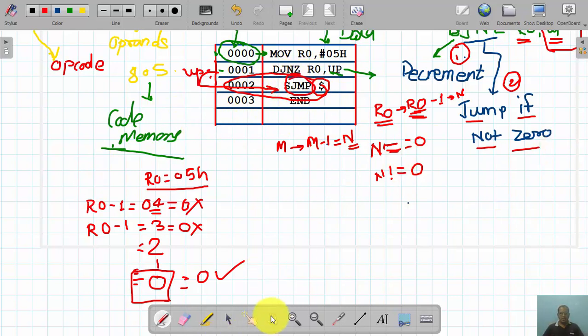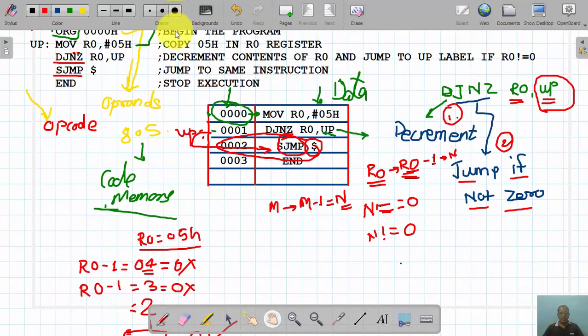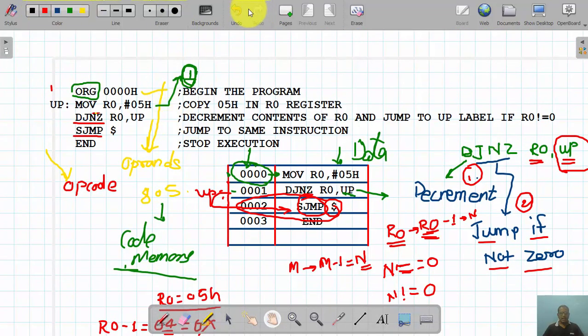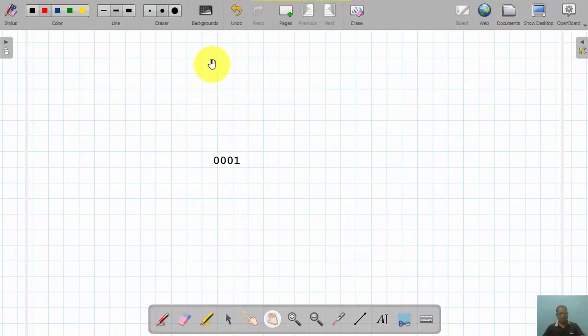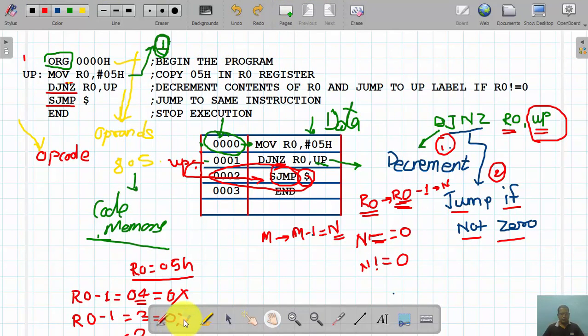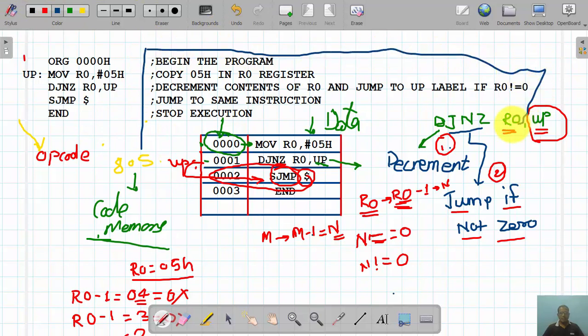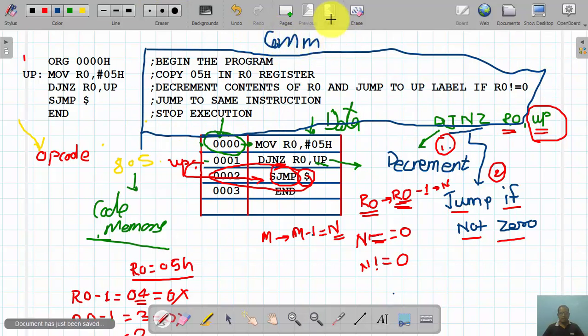So what we are seeing here in my program, in this specific program, this portion is mainly called a comment, which is used to understand my program.